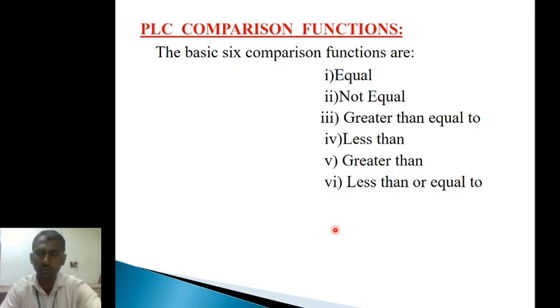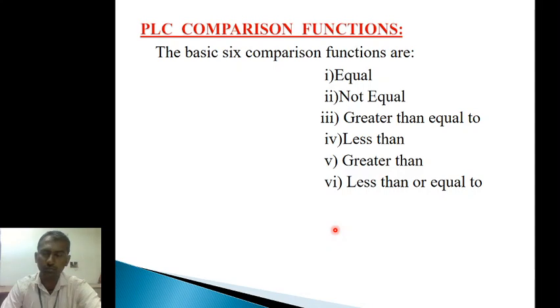Hi students, in the previous video we saw the PLC arithmetic functions. So now in this video I want to teach about the PLC comparison functions. What are the various PLC comparison functions? They are the equal comparison function, not equal comparison function, and